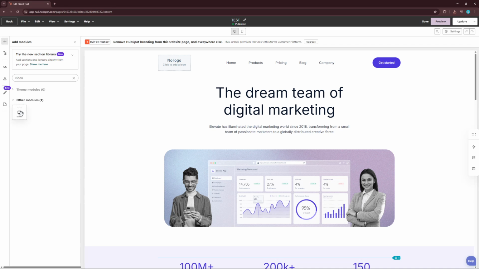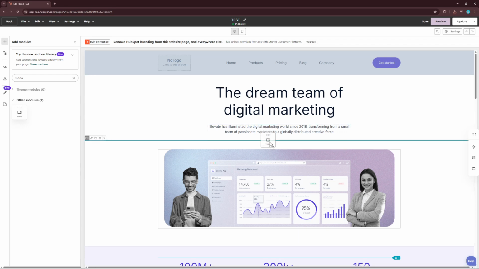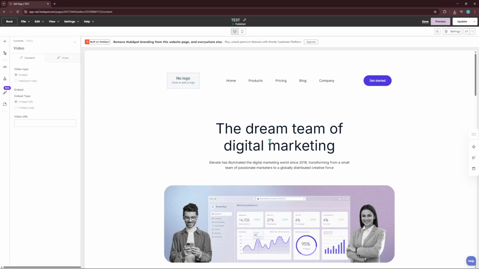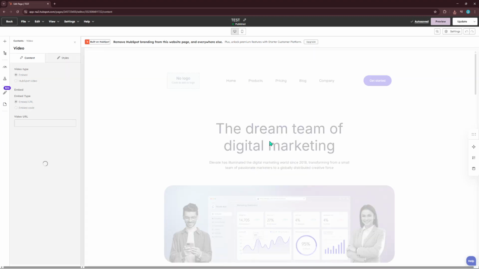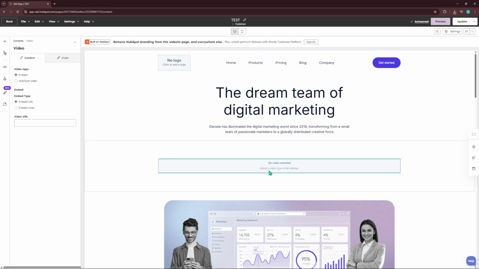You'll then see a video icon that you can drag and drop into the desired location on your page. This drag and drop feature is incredibly user-friendly, allowing you to position your video exactly where you want it to appear on your page. After dragging the video icon, you'll need to fill in the details about the video you